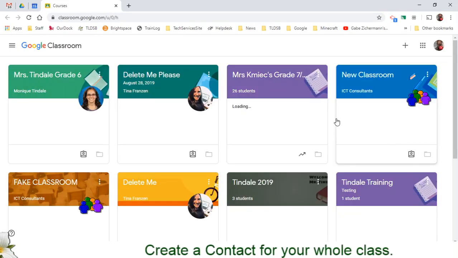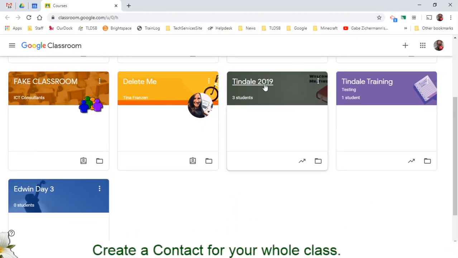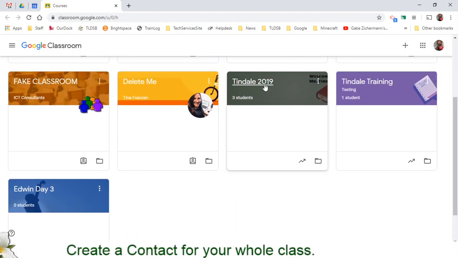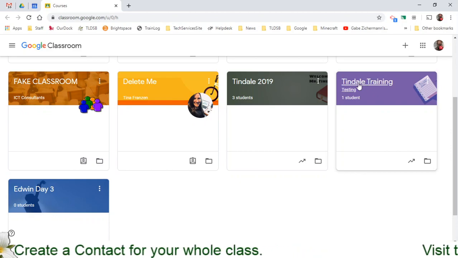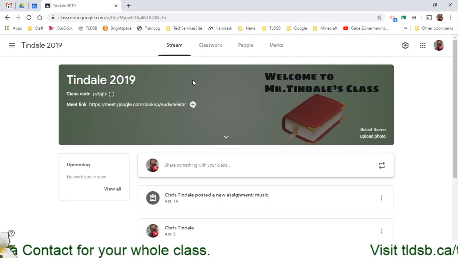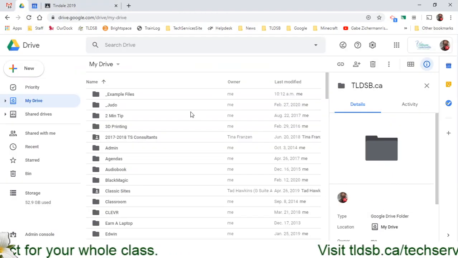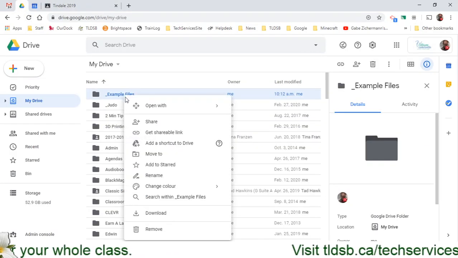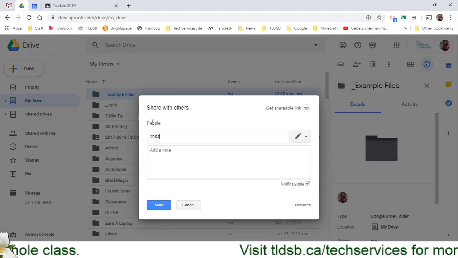There's a bunch that I'm a student in up at the top here, but the ones I'm focused on right now are these two. Tyndale 2019 I play with, and Tyndale Training are two classrooms that I've created to mess around with over the years. So when I want to share something with, say, this Tyndale 2019 classroom, I've shown in the past how I can grab a file, right-click my examples here for a second, go to Share, and I can go ahead and type in Tyndale